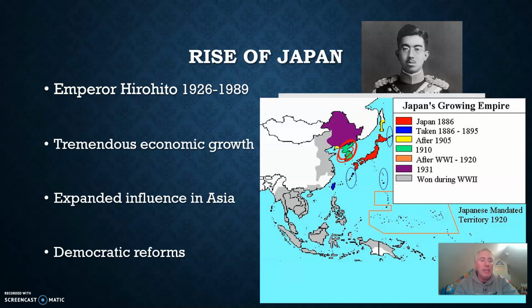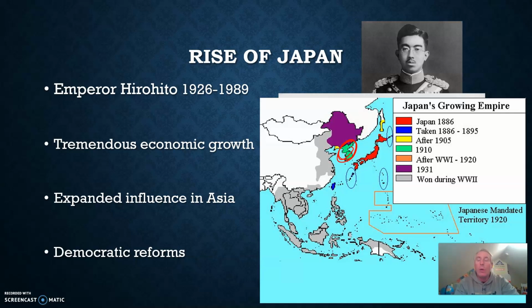So all this being said, in order to keep on good economic terms with other nations, such as Great Britain and the United States, Japan actually started to turn away from its imperialist policy and make significant democratic reforms. There were legit checks and balances at this time, right, to try and keep both the emperor's power in check and all the branches of government. And all adult men, regardless of social class, were given the right to vote.